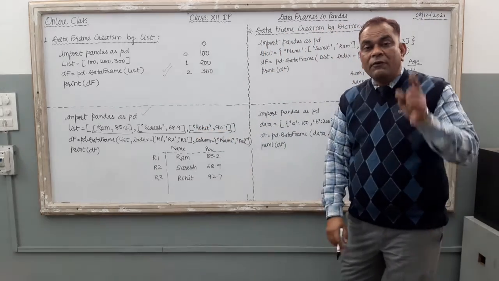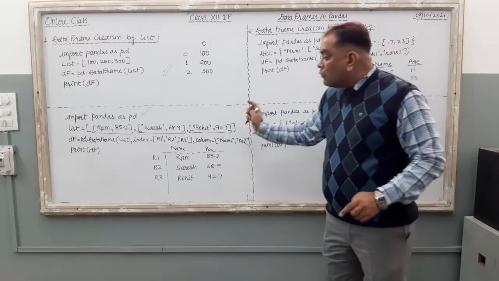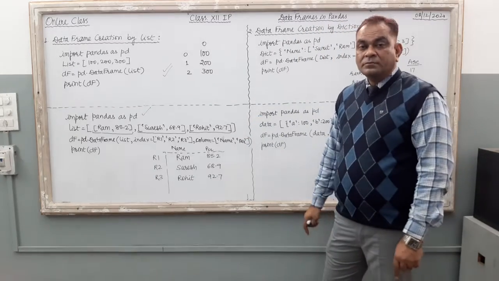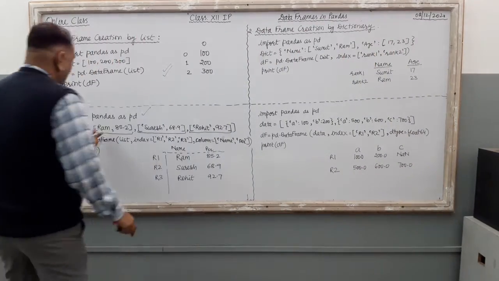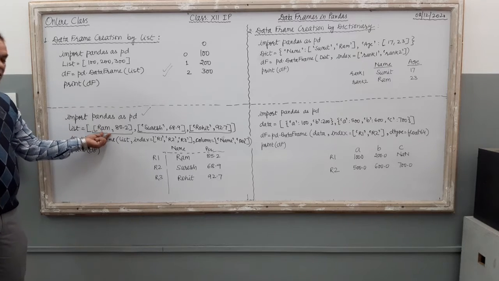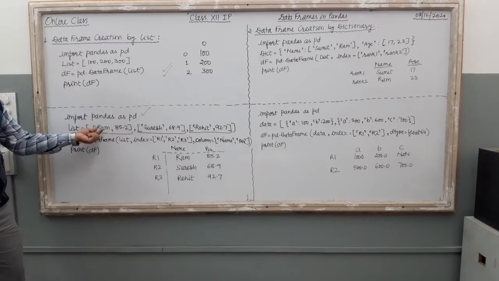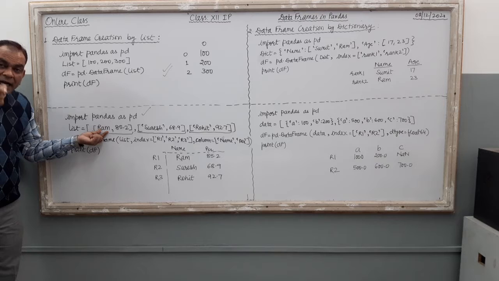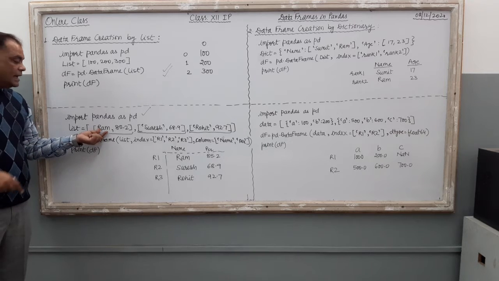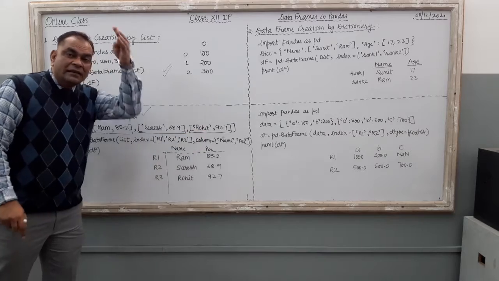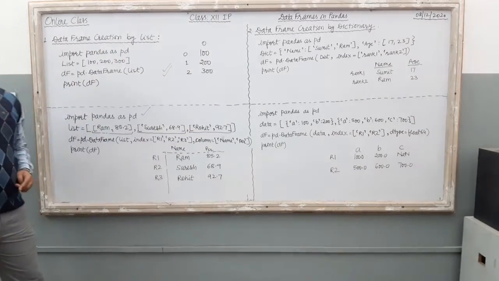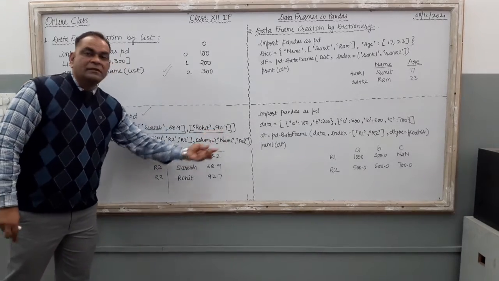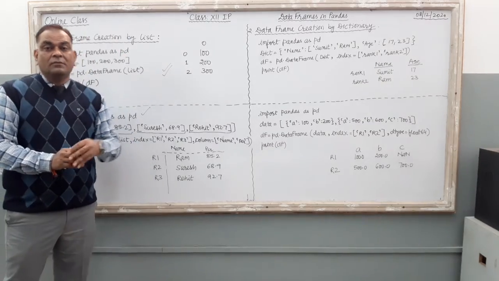So here is the example of a nested list. Now, how does the computer generate the data frame based on this list item? We need to understand this. Just see the inside brackets of the list: this one, this one, this one. The first value of each and every internal list should be in a column. When you see the output of the data frame, Ram, Suresh, Rohit, these three names are in a single column. Then the second values, 85.2, 68.9, 92.7, are in the second column of the data frame.